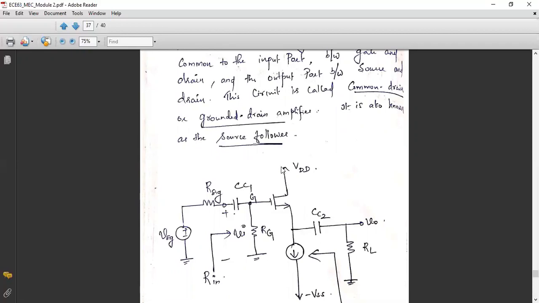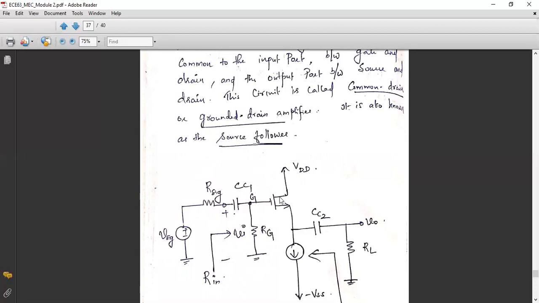Directly it is connected to the supply voltage. So whenever you are drawing the small signal equivalent circuit for this particular diagram, you will be deactivating VDD. Right? Whenever you are drawing the small signal equivalent circuit, what is the rule that is to be followed? You will not use any constant voltage or DC source. That is, you have to throw this VDD away and put a ground here so that this drain will get to the ground. That is why it is known as grounded drain amplifier.